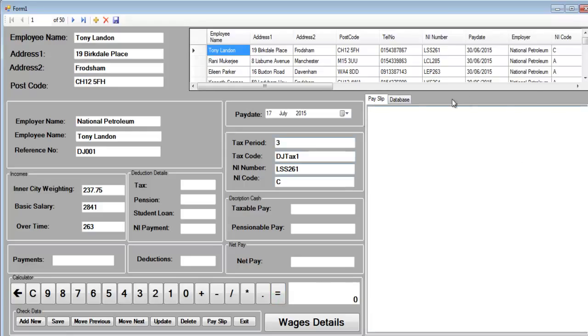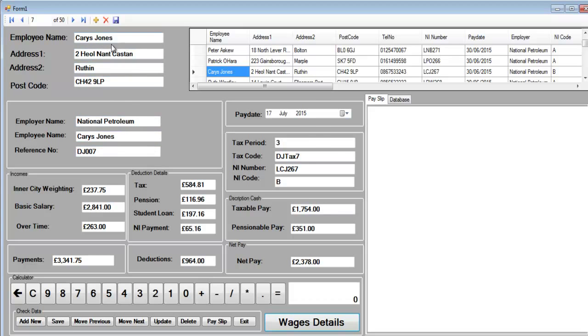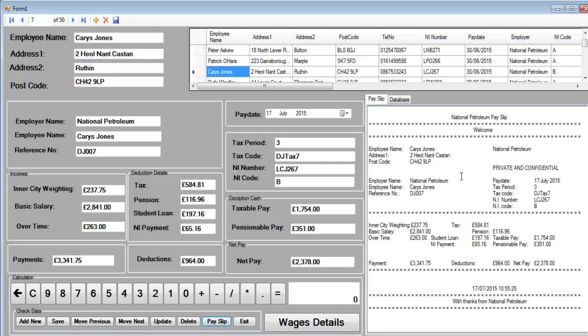the pay slip. If you like, you can select anybody's information right there, or just navigate to wherever the information that you want is, and click on wages details, and that will give you the wages of Jones right here. So you can also print out a payslip for Jones, as you can see. That's it there. And here I have a calculator system right here that you can use just to add up whatever is going on. Your accountant can use that to add up the figures, just to check for the accuracy